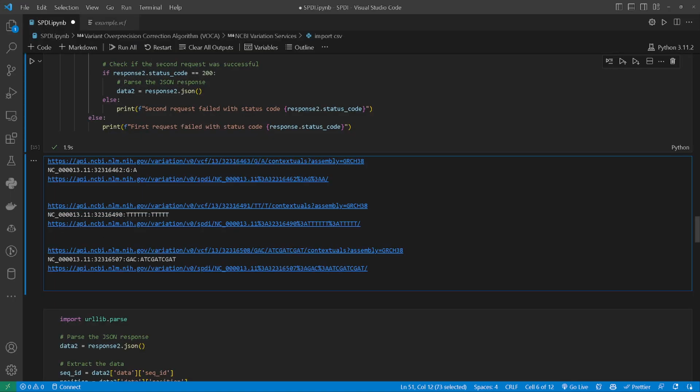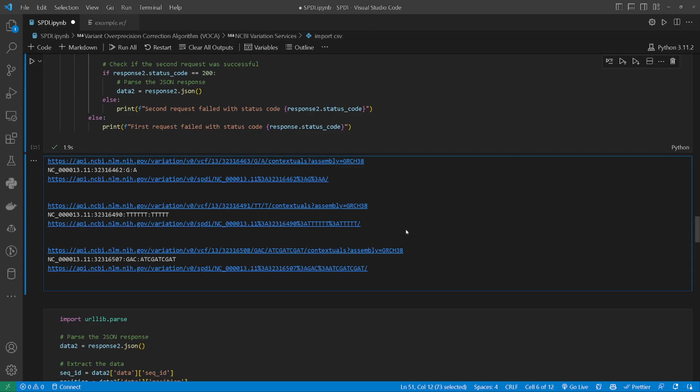And you can see it expands it to the entire region so that in the future, if you were to store this as a field for that variant and you wanted to add some annotations to it in your database, in the future, if it calls that T deletion at a different position in this repeat region, after applying the variant over precision correction algorithm, it will normalize that so that you'll always be able to find the previous times that you did that. And by applying this along with the SPDI format,